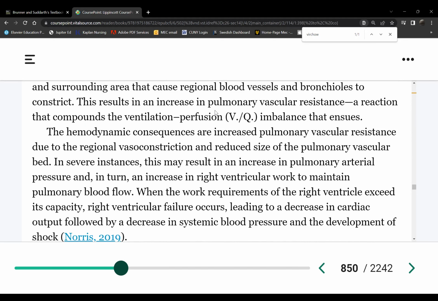So why does it cause problems? Is there a balance between oxygenation and oxygen delivery? No. So that's what we call a ventilation perfusion mismatch or ventilation perfusion imbalance. Technically, is there anything wrong with the lung tissue in this condition? No, not at all. Lung tissues are fine.